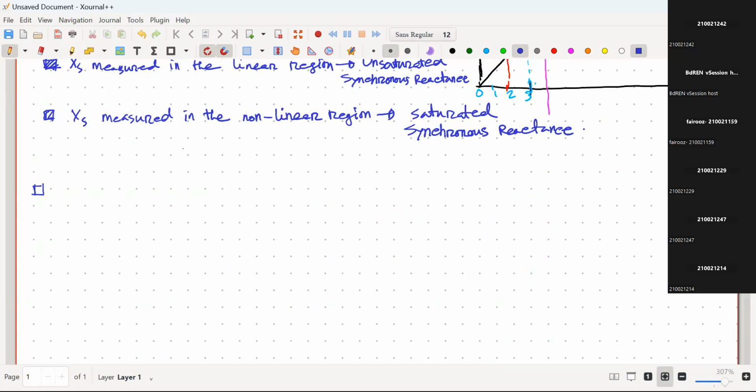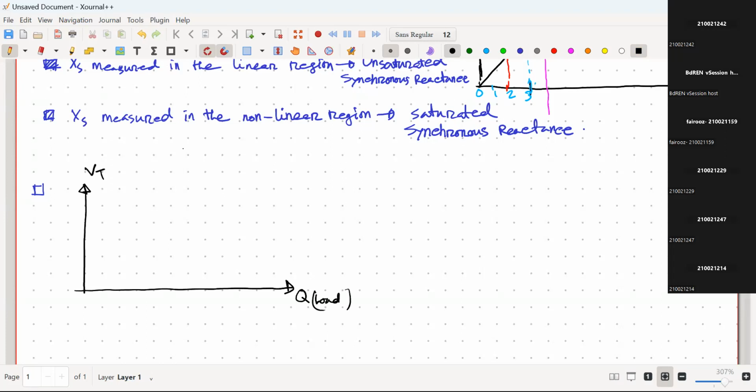Now from our previous vector diagram, we saw that if I increase the inductive load, that means Q load, reactive power,